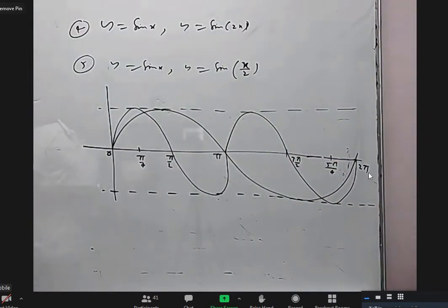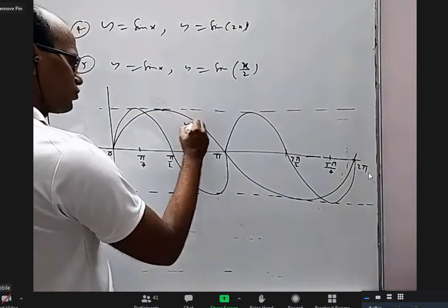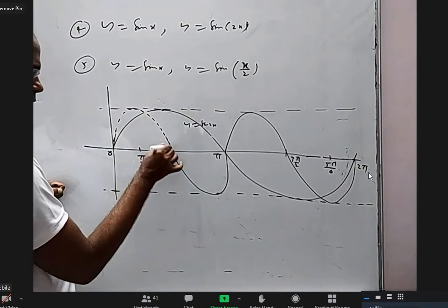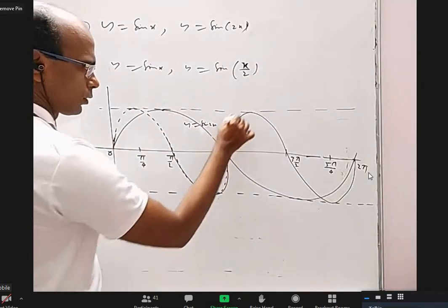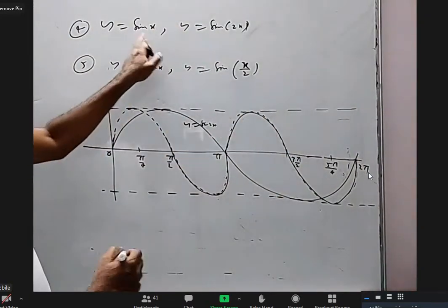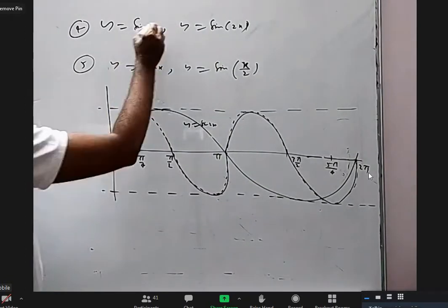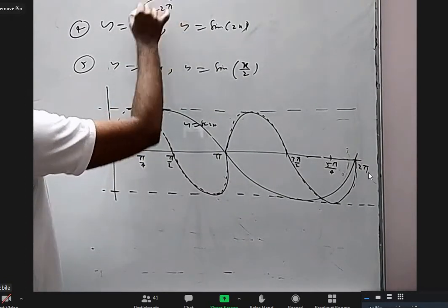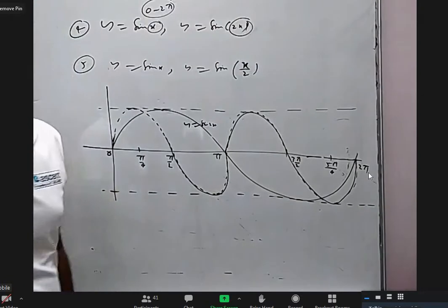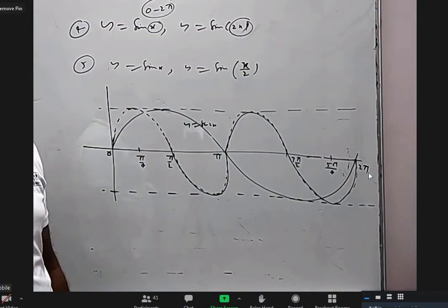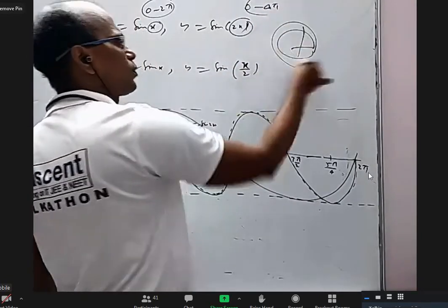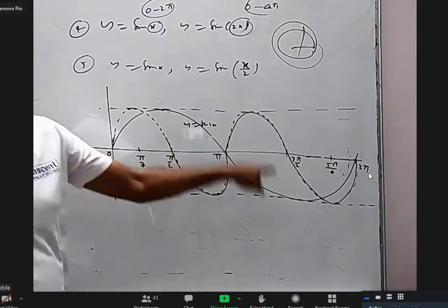See, this one wave is the graph of sin 2x. I can draw this dotted also if I wanted. This is the graph of sin 2x. When this one covers one wave, this will cover two waves. Why? When x is between 0 to 2 pi, that is one full rotation of the circle. When x is between 0 to 2 pi, 2x will be between what to what? Sir, 0 to 4 pi. 0 to 4 pi is two rotations. It will cover one rotation and one more rotation. One rotation is one wave, one more rotation is another wave.